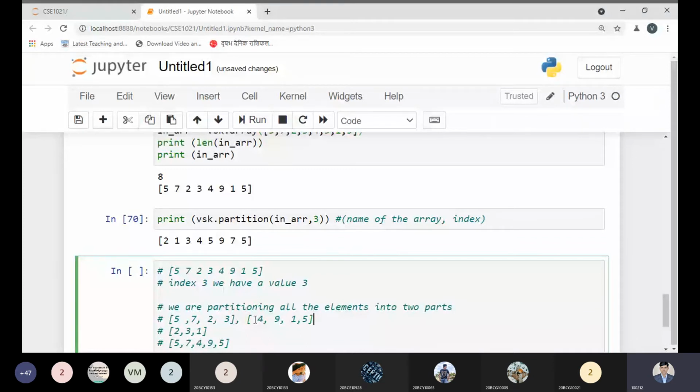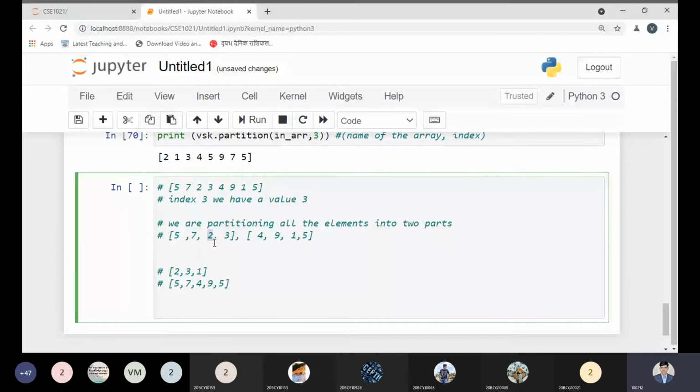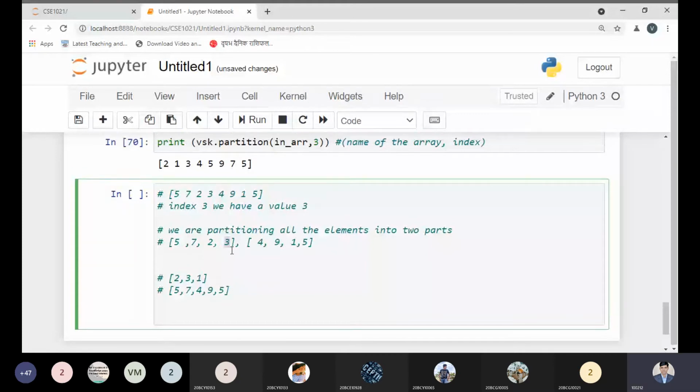Now we got this part. Here we need to choose the index value 3, that is a 2. From this index value, the actual value where we are at index value 3 is 3. So we have the 3 value.